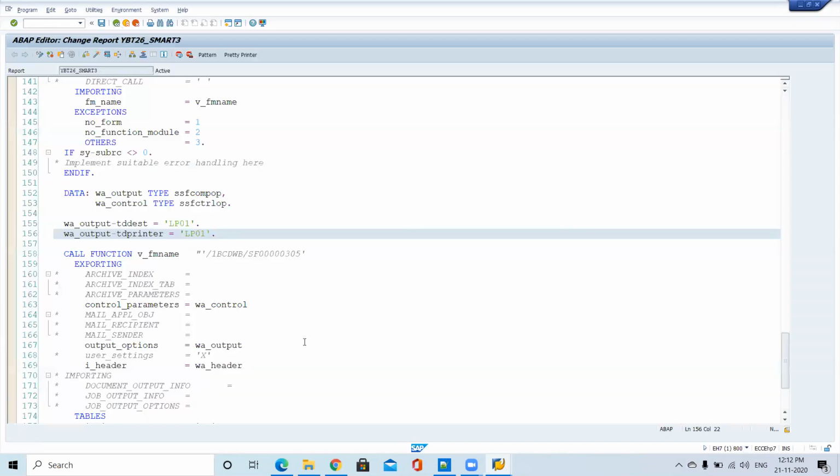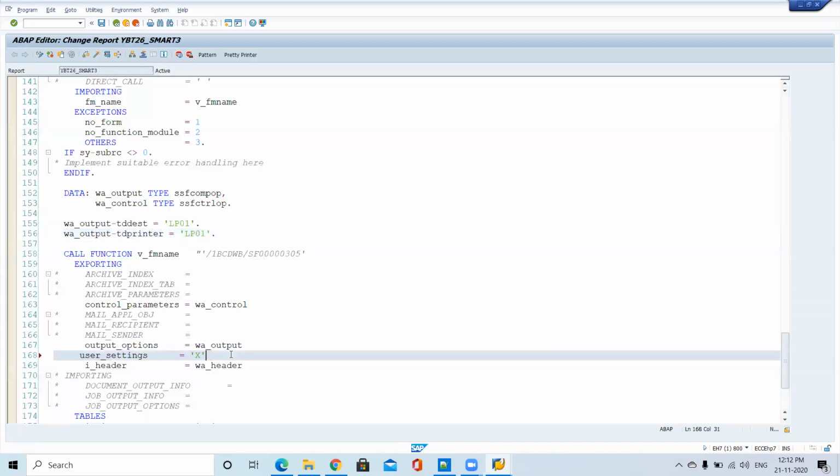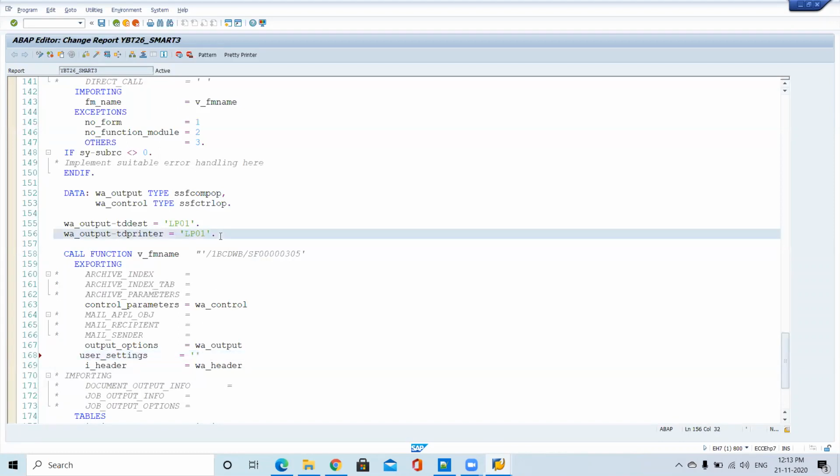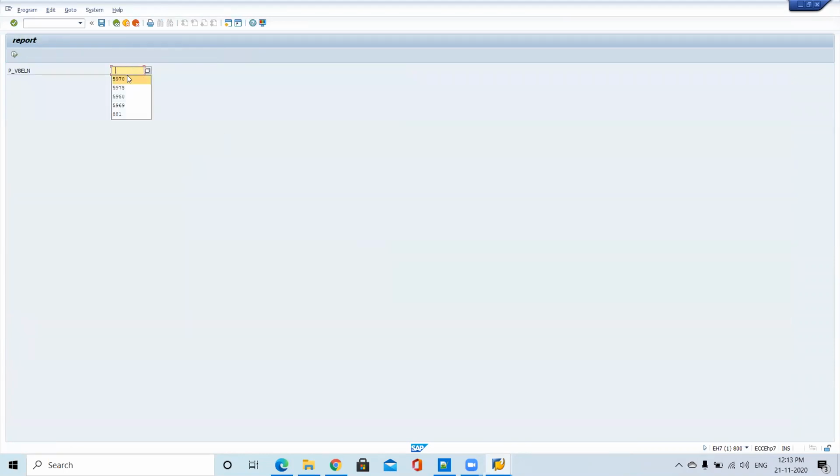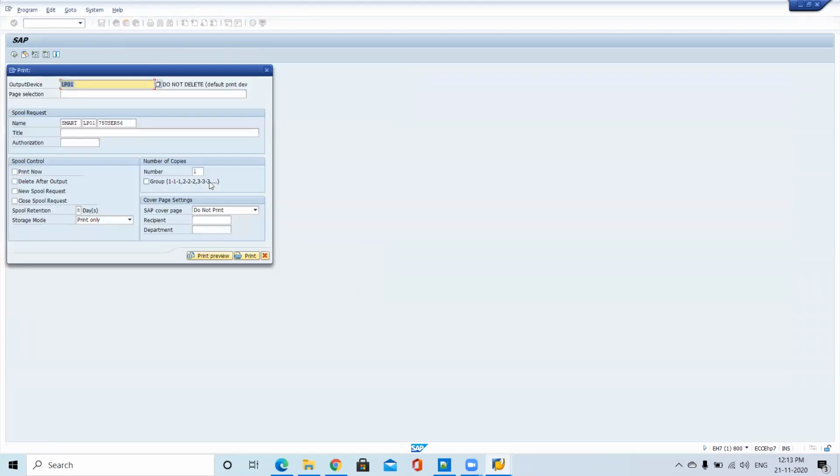Okay, 1 minute. I think you have to remove this value. Instead of X, you have to pass a space. So I'm just commenting this one. So now the printer name is coming.